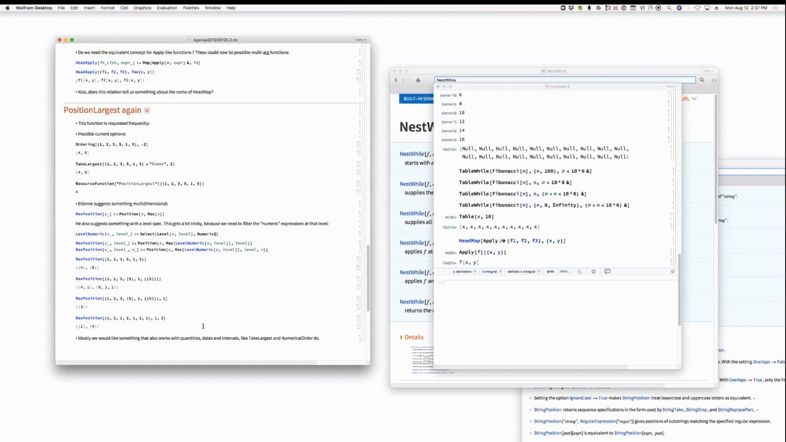Now, Etienne raised the possibility of having it be multidimensional, and that gets more powerful, but a little more complicated. Because position is very general, it's fully symbolic, while max requires numeric expressions. Well, you're saying position largest by, effectively. It's very similar to take largest already, but